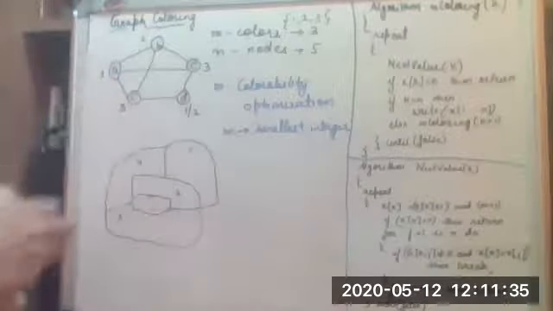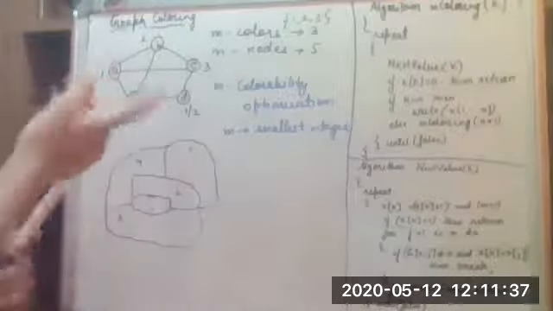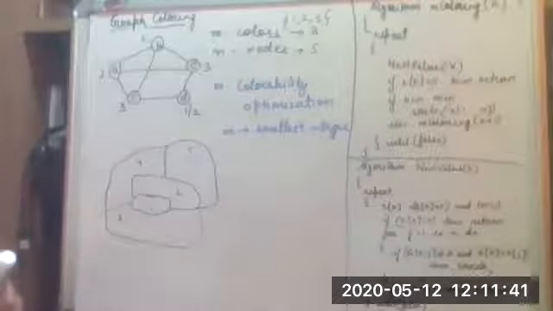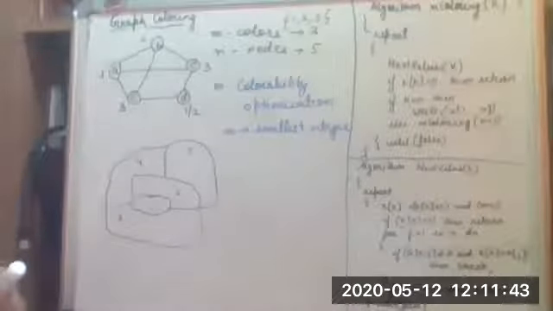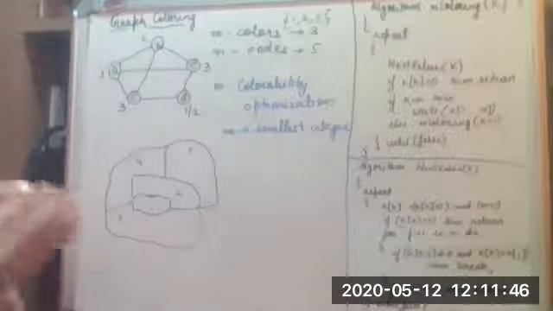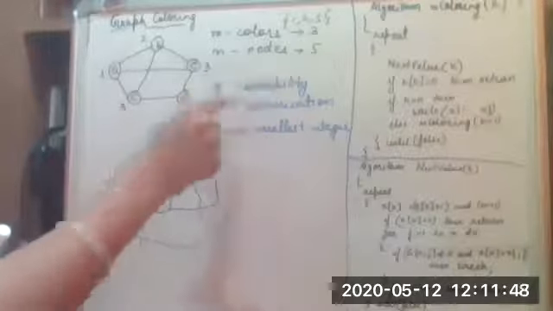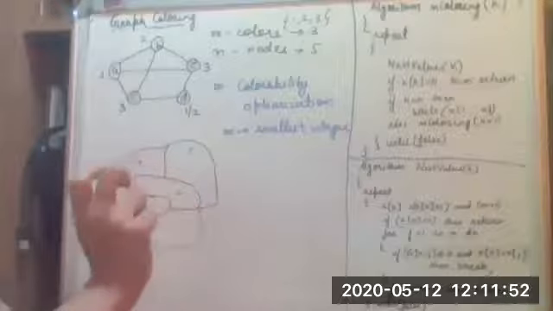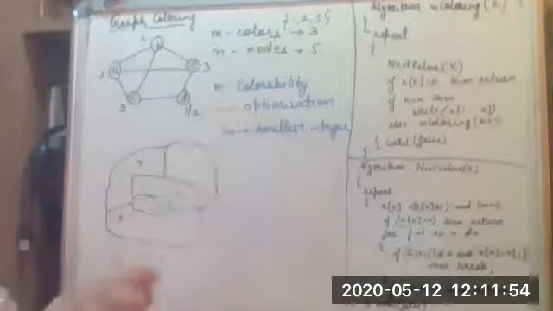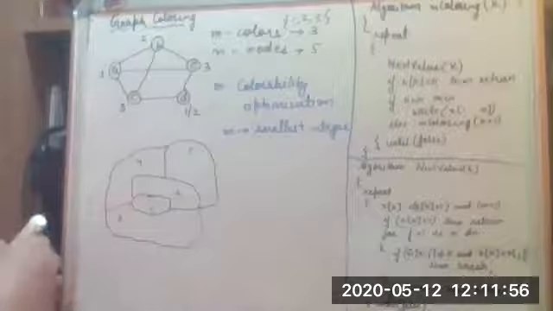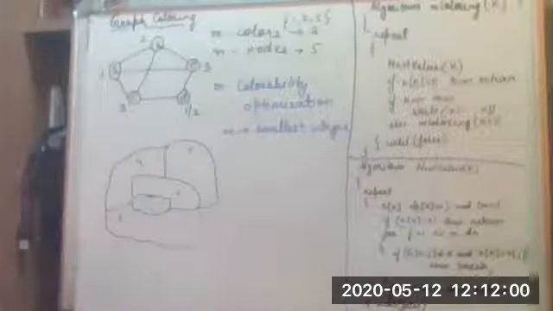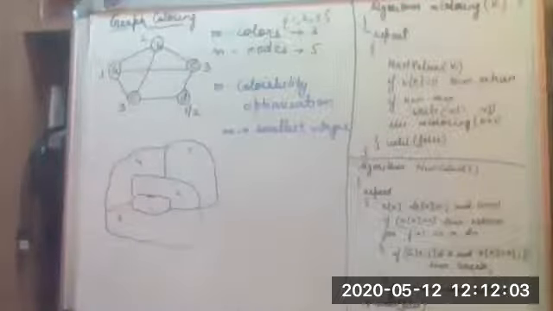Otherwise, we can use all the 5 colors and each of the node will have 5 different colors and the graph is done. Yes, we can color it with m equal to 5 number of colors. But what we want here is optimization where we are using the least number of colors. So m should be a smallest integer in that case, and m is also known as a chromatic number. So m is nothing but called as a chromatic number.